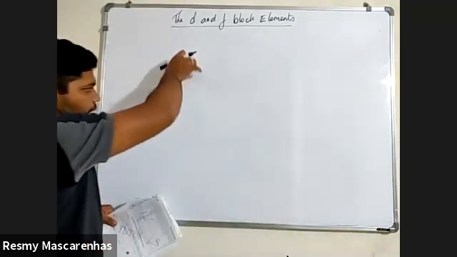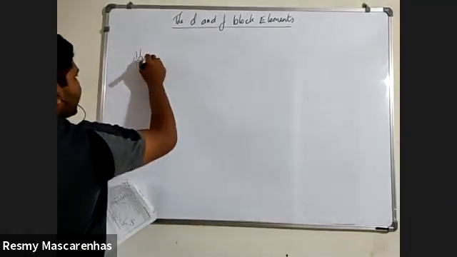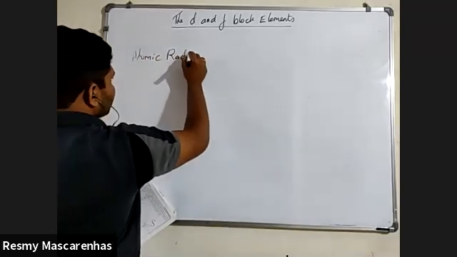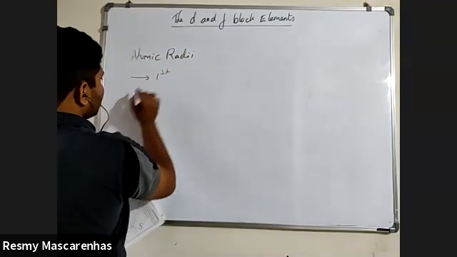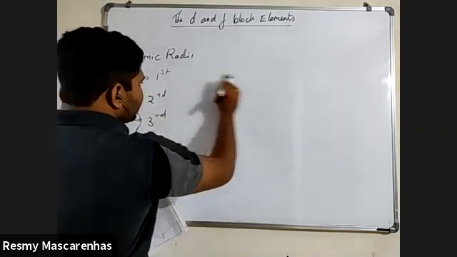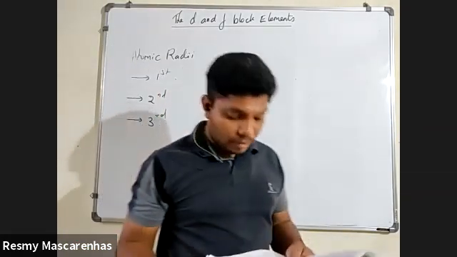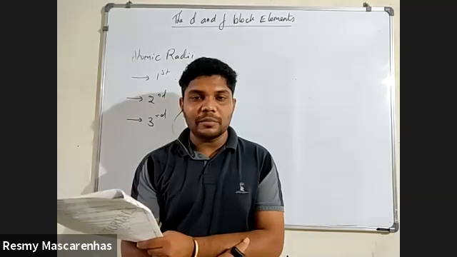We are not going to see the atomic radii column wise, whereas we are going to see the atomic radii with respect to the row wise. So what is happening to atomic radii from left to right, that is first transition series, second or third? Does atomic radii increase or decrease? Anyone can tell me what happens to the atomic radii from left to right? Decreases. Very good. So just write down